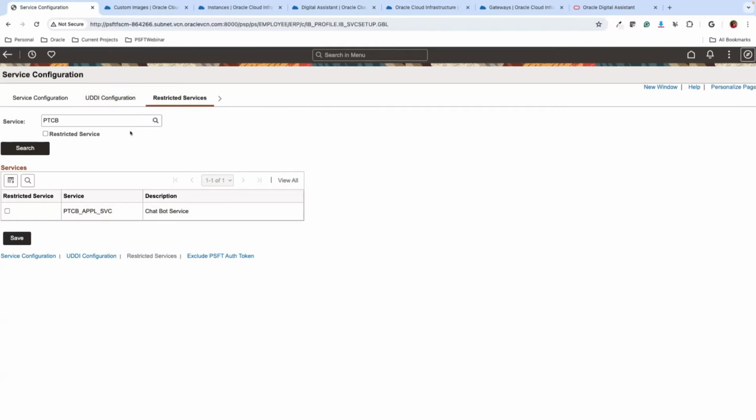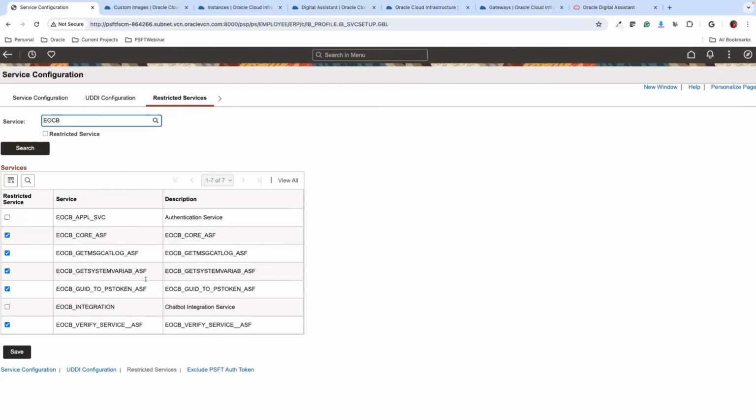Before that, let's also check the EOCB user. The EOCB user is an authentication service. By default, this is unchecked, but just make sure that this authentication service is enabled so that it'll help you connect the chatbot and start previewing the chatbot outside of PeopleSoft,